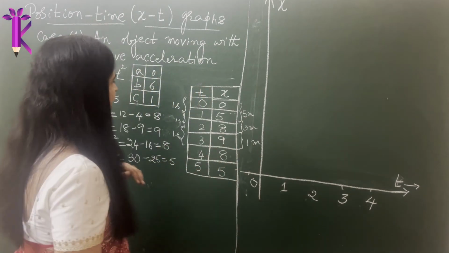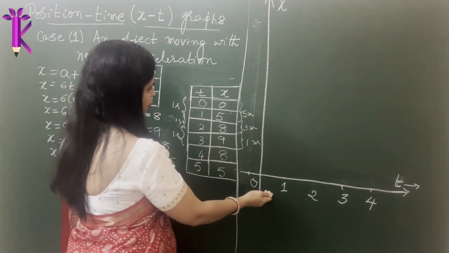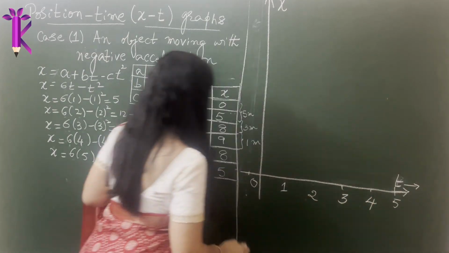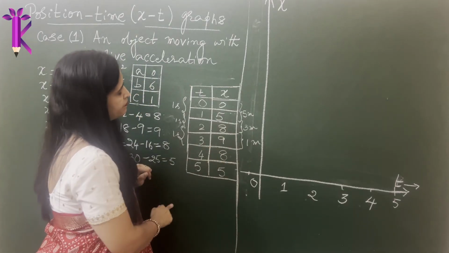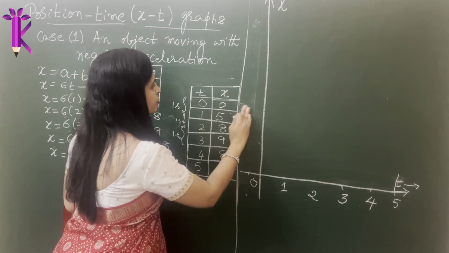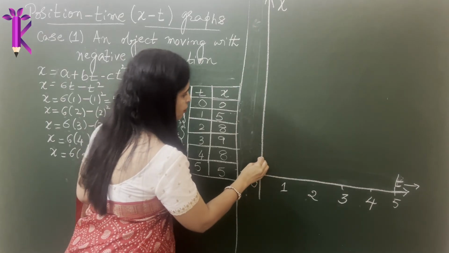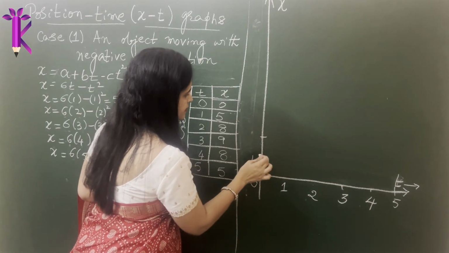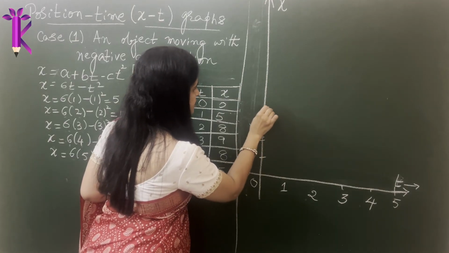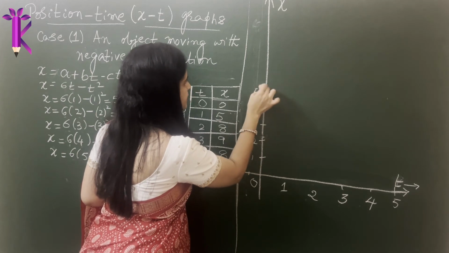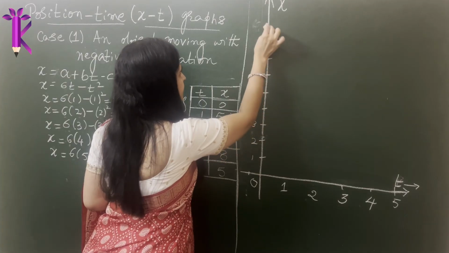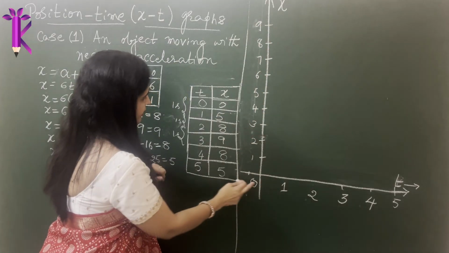Okay. Now it's time to plot the graph. So now we have 1, 2, 3, 4, 5. Now we have to plot from 0 to 9, right? So I think we can plot it as 1 to 3 only. To avoid confusion, I'm going to erase this part. So this is 1, this is 2, this is 3, this is 4, this is 5, this is 6, 7, 8, and the maximum it goes is 9. So when time was 0, it is 0.